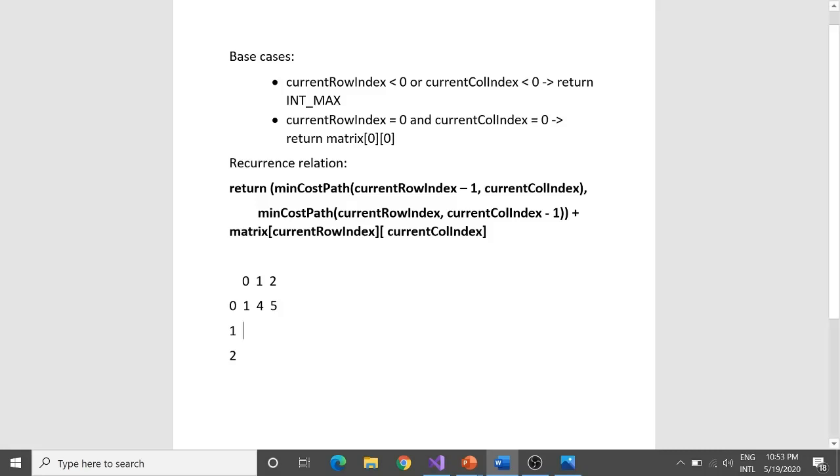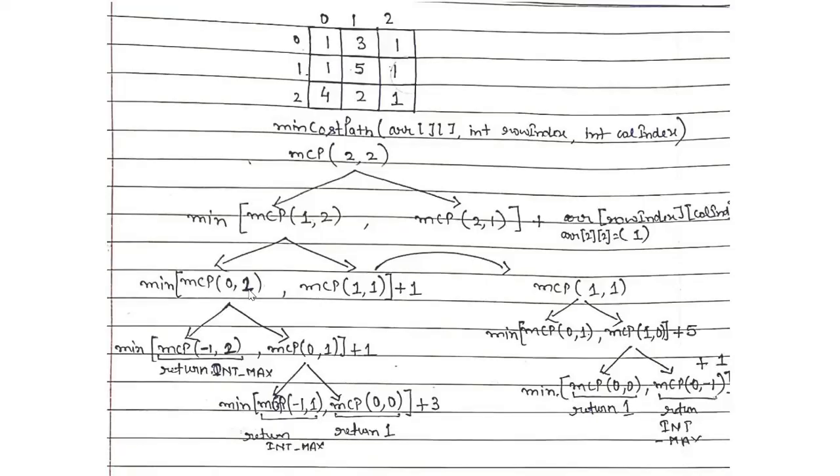What does this subproblem say? This subproblem says: tell me the min cost path to reach 1 0. I am talking about this cell. I would be recursing for min cost path of 0 0 and min cost path of 0 1. Again, the column index or row index is negative in one of them, so I will be returning int max over here. So what would my answer be dependent on? Again, it would be dependent on only this subproblem. So do I need to even consider the other one? No, I wouldn't be considering it, because whatever the value it might have, it would always be less than or equal to int max over here.